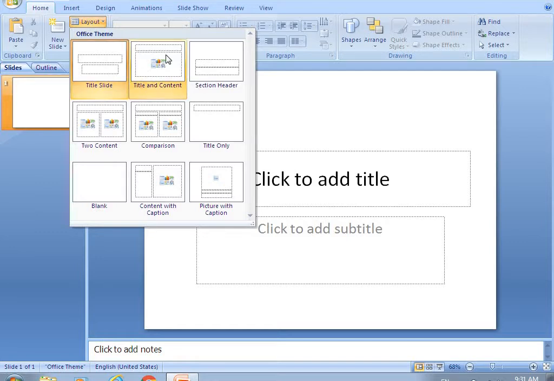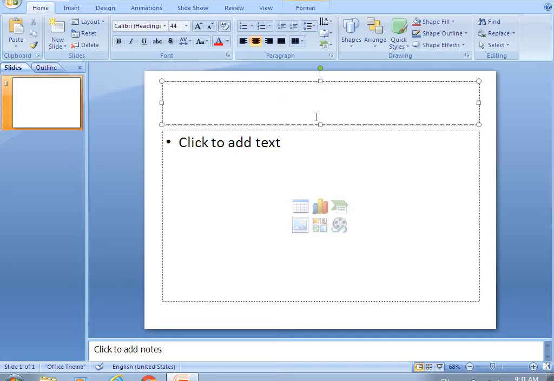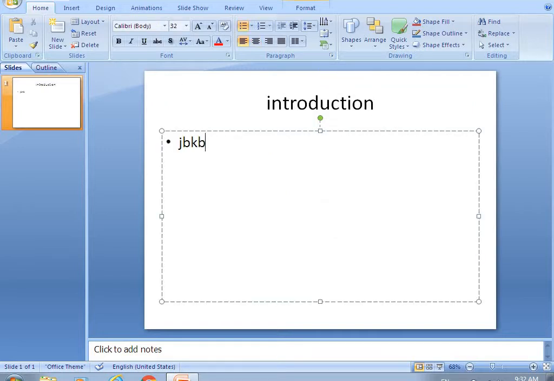Suppose I choose this title and content slide, so here I can put my title like introduction, and in this second box I can type my text. So you have multiple types of slide layout in PowerPoint, and according to your requirement you can choose any one layout.